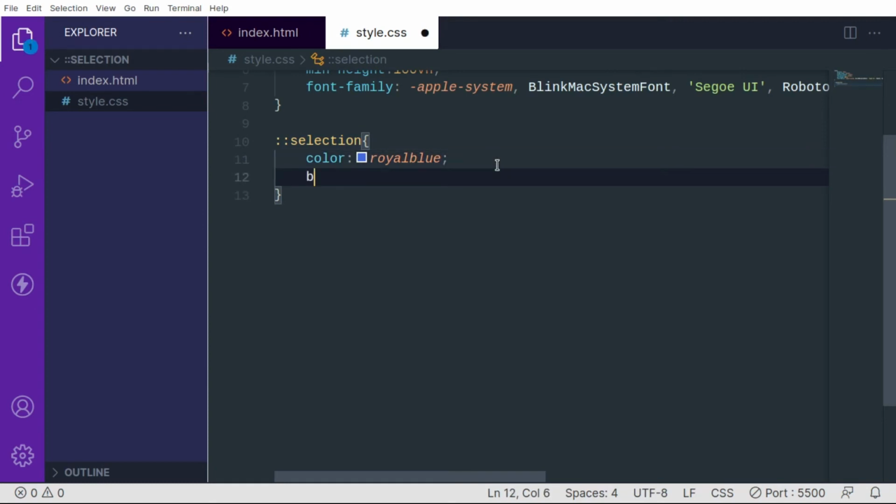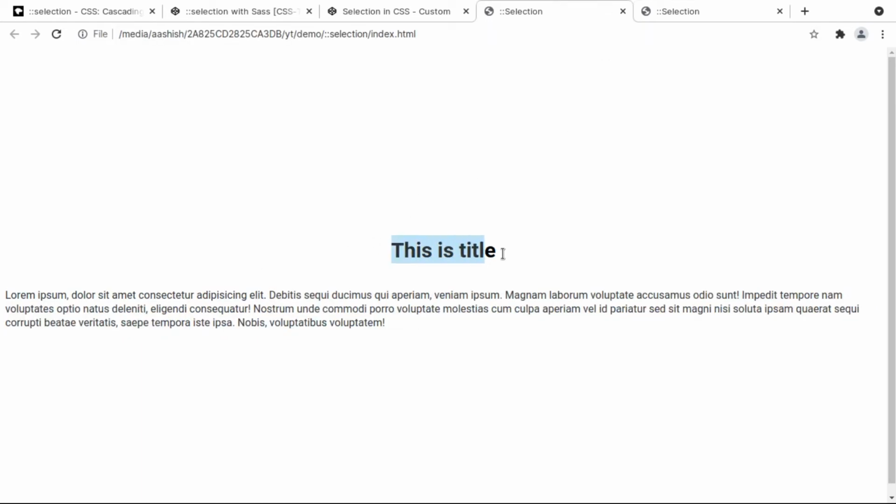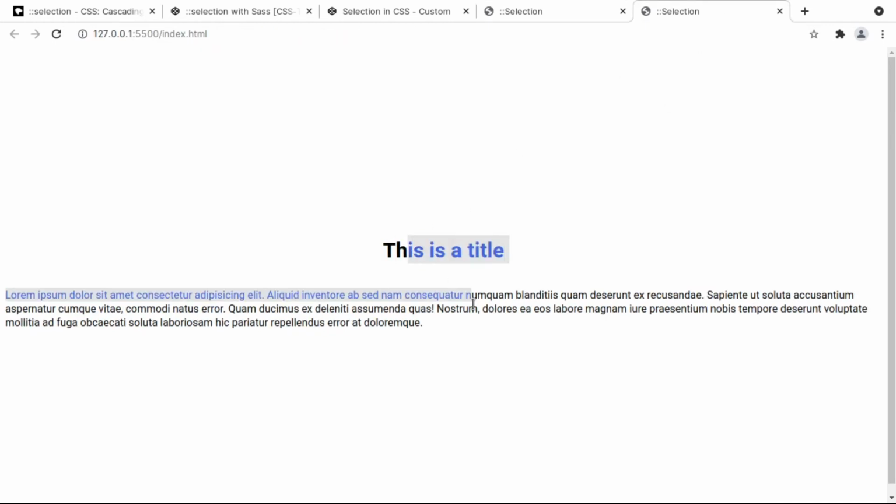And in the background also I can just use the grey color. I think this will work perfectly fine for now. When I select anything, okay, this is working perfectly fine, and this is, I think, better than the default. No, it's not better than the default selection, but it's obviously one of the nice things.